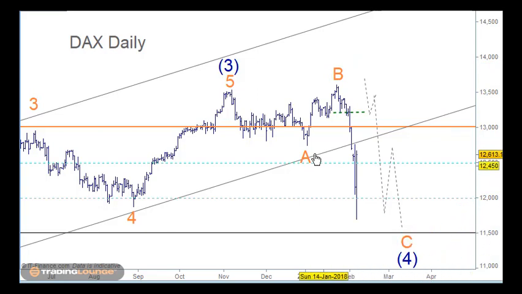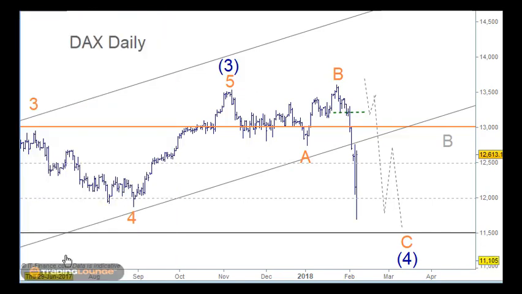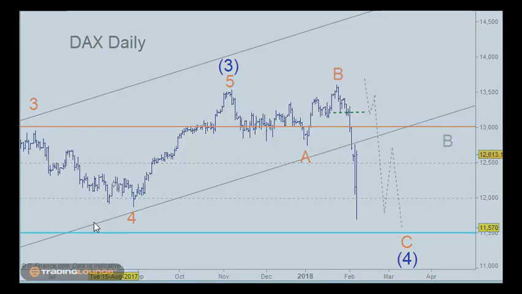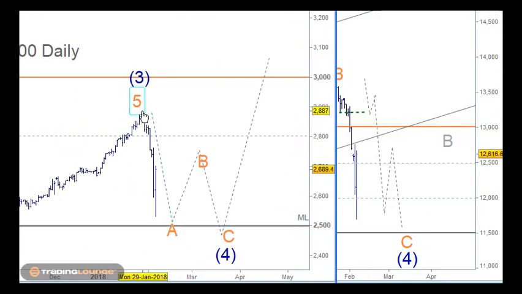And what we can do here is grab this wave B and copy it and place it here. It may not be the case, but it's our job to look at these things the best we can in mapping out the future. So that's that. In this move down through here, as I mentioned, this is the same situation that's happening in the US as well. So everything has got the same wave count coming down through here.